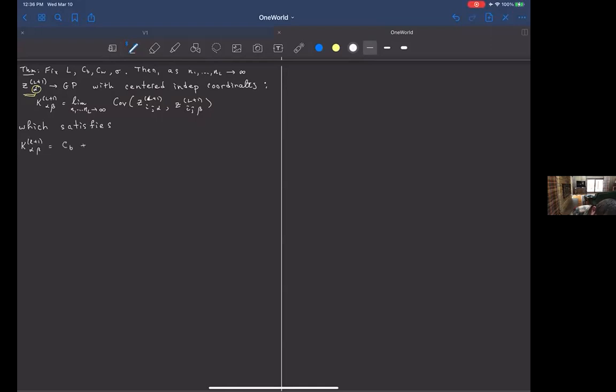It's C_b plus C_w times this thing, which I'll write as brackets, sigma of z_alpha, sigma of z_beta, with respect to the previous Gaussian process. Where my notation just means that the vector z_alpha, z_beta is drawn from the Gaussian process at the previous layer. So it's Gaussian with mean 0 and variance K_L(alpha, alpha), K_L(alpha, beta), K_L(beta, beta).